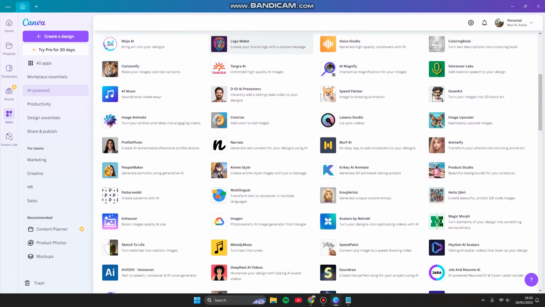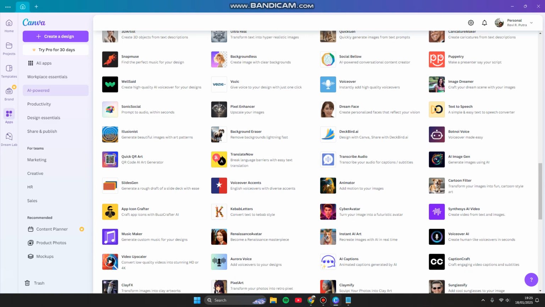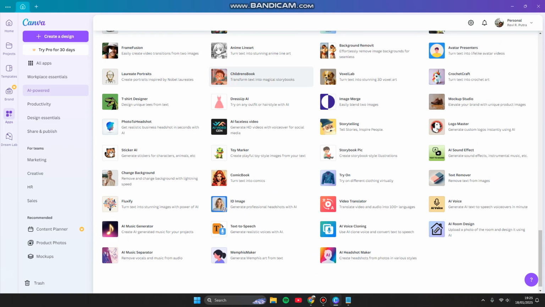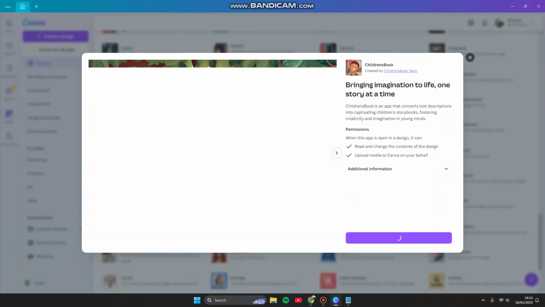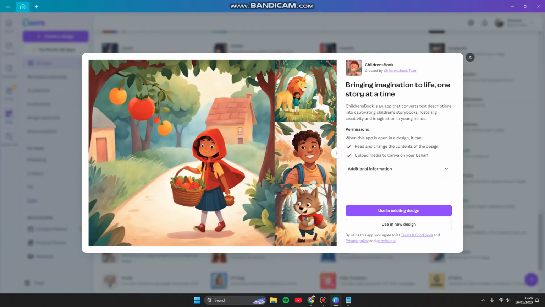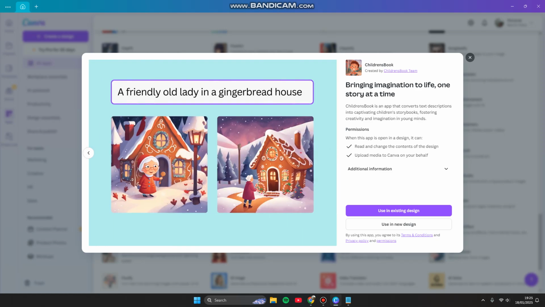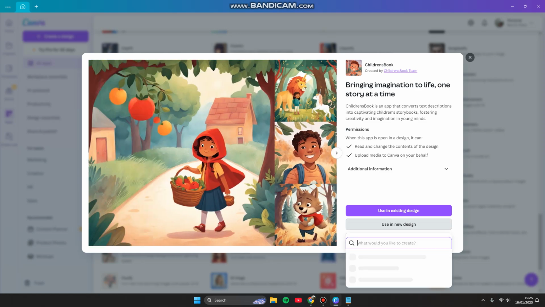Now you can scroll down, then you have to find the Children's Book app, which transforms text into magical storybooks, bringing imagination to life one story at a time. Children's Book is an app that converts text descriptions into captivating children's storybooks, fostering creativity and imagination in young minds. Click Use in new design,